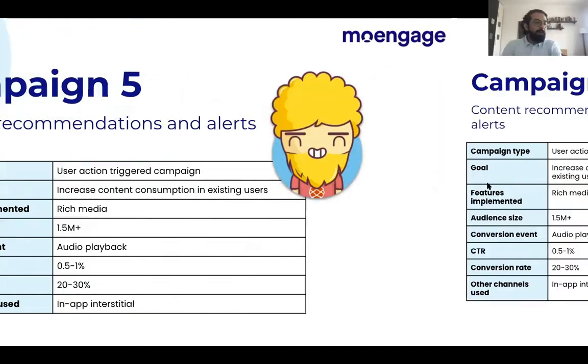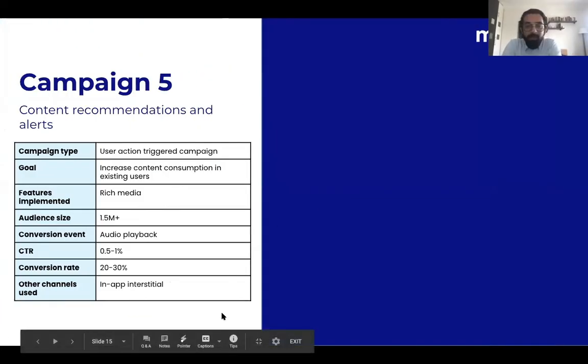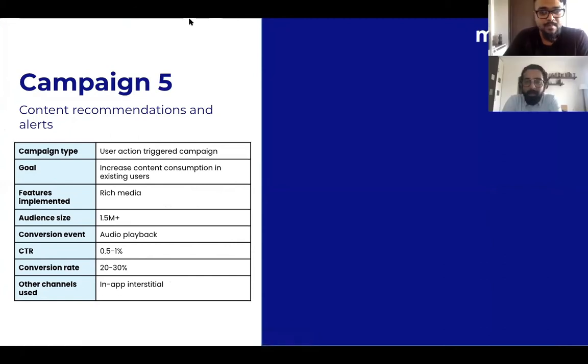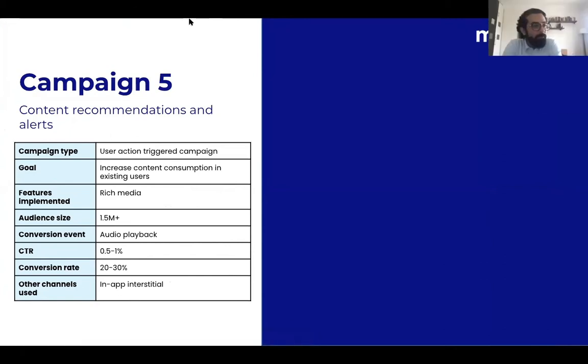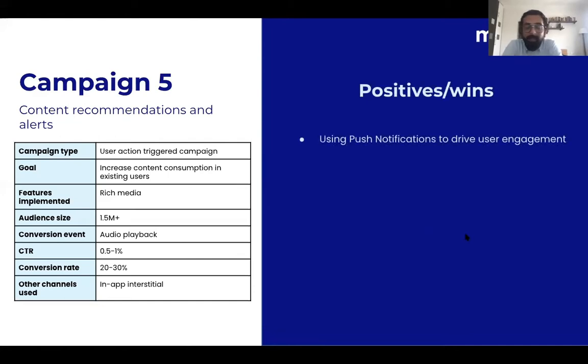Yeah, for sure. I think it's one of the more important campaign types for OTTs today, and that's being able to recommend the right type of content. And it's a tricky one. So let's go through some of the things that we saw that did well for them. First one is a bit of a trend, but glad again to see that push notifications are being used to pick up on the user context, and the fact that they're the most real time, they're the most attached to a user today. So I was glad to see that.